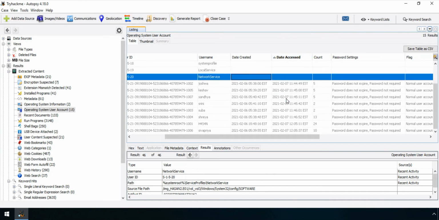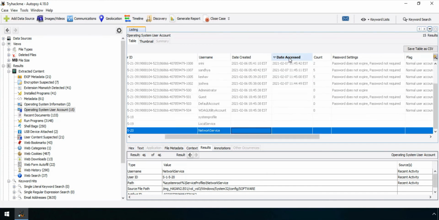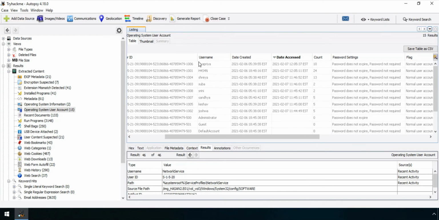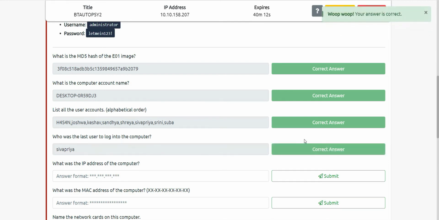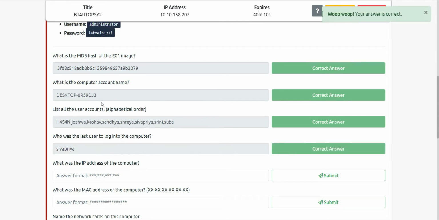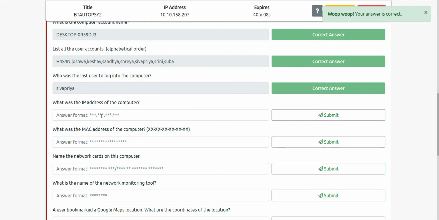So let's sort it. Here we are. Yes, it was Shiva Priya, as you can see, with the date 7/2/2021. So let's write Shiva Priya. And yes, it's easy, right?